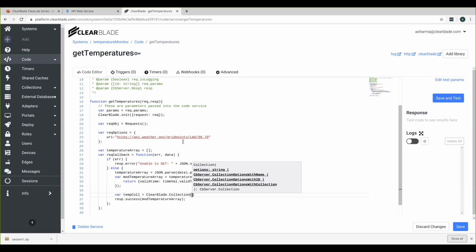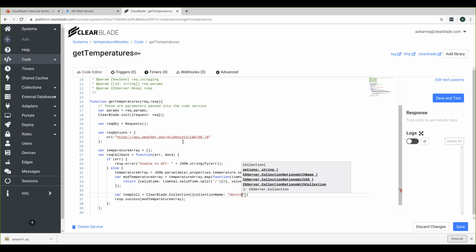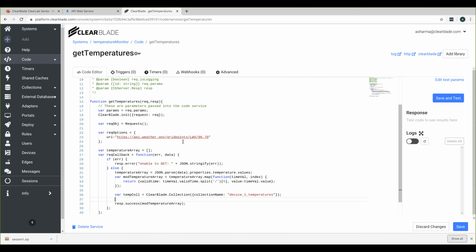And I need to pass it one parameter, which is a JSON object with collection name as the item name. And the value is device1 temperatures. Now, once I have that, I can use that handle to write. You notice that there was nothing in the collection, so I need to create everything. So I'm going to call temperature collection, and then I'm going to pass in one or more items and a